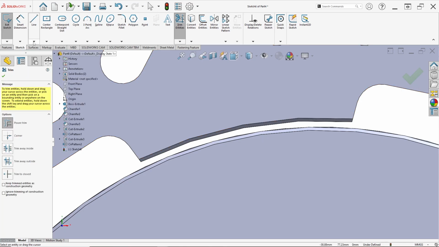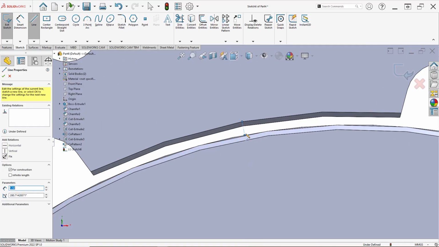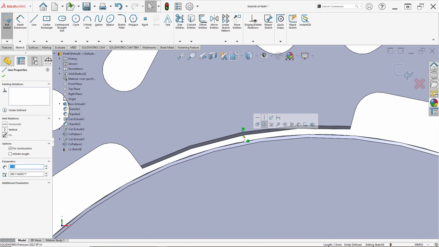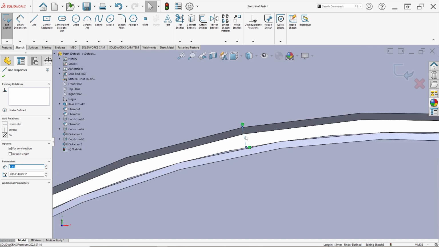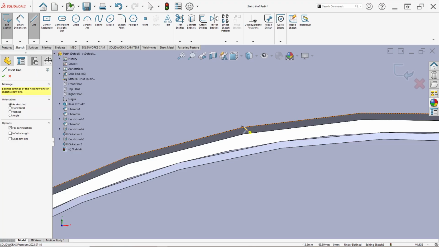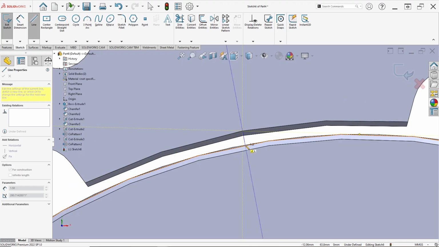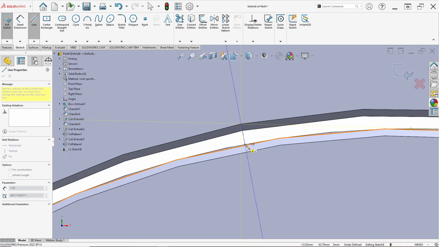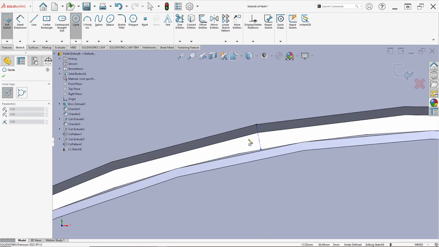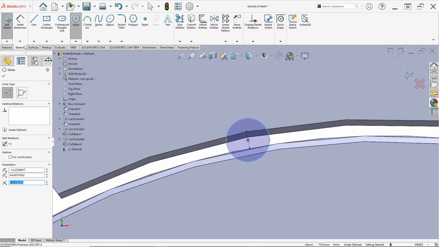Sorry, we can trim entities first. Draw center line in here. Draw this to this edge like this. Draw from, we can repeat in here. And sure, we draw center line from the middle point in here to this, and sure to this edge like this. And draw circle from this midpoint in here, and draw like this.